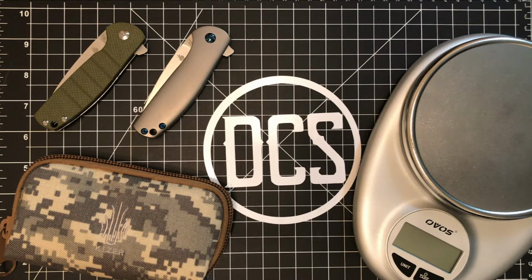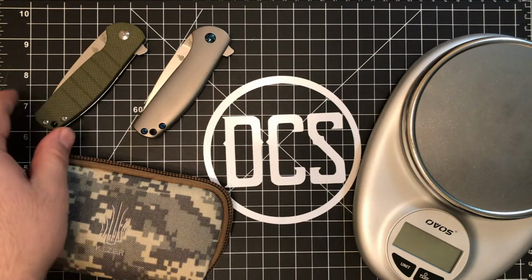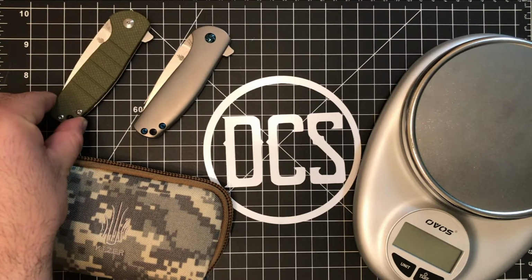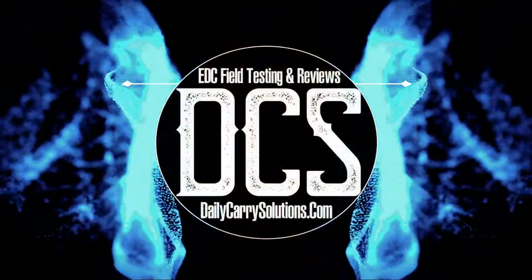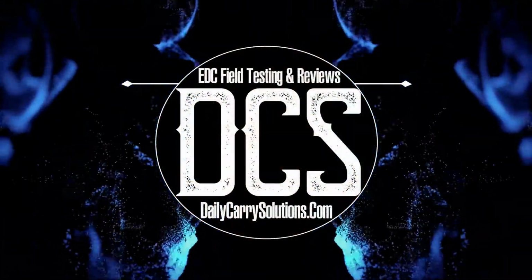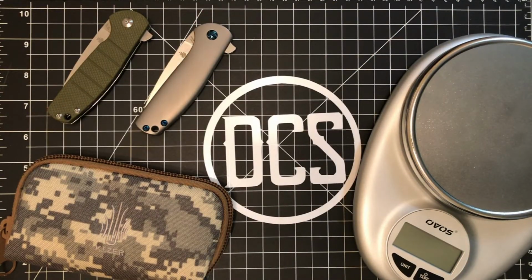Now, these are both made and produced through Kizer's China facilities. They import the steels, VG10 from Japan and S35VN from the United States, and they create two versions of it. They create a more inexpensive but very value-centric model, which is the Vanguard version that goes for about $80 MSRP on places like Blade HQ, Knife Center, White Mountain Knives, and so on. And then you have the Bladesmith version, which has titanium handles,